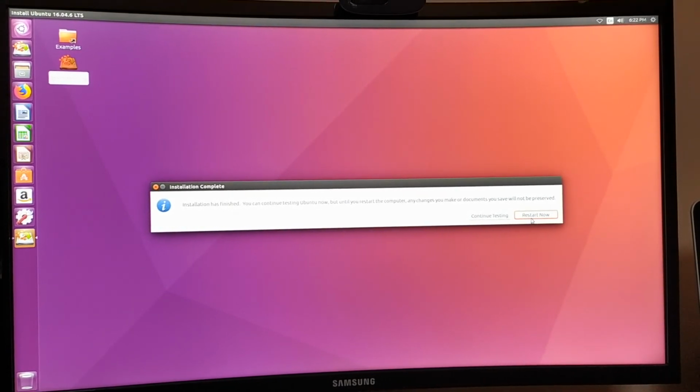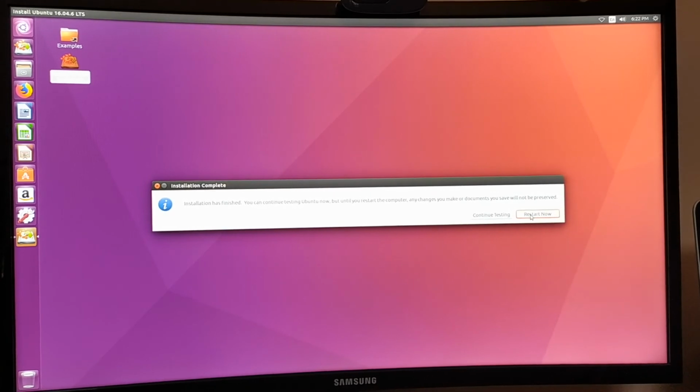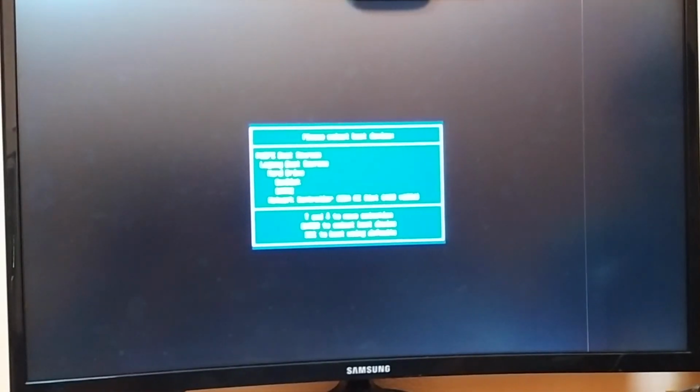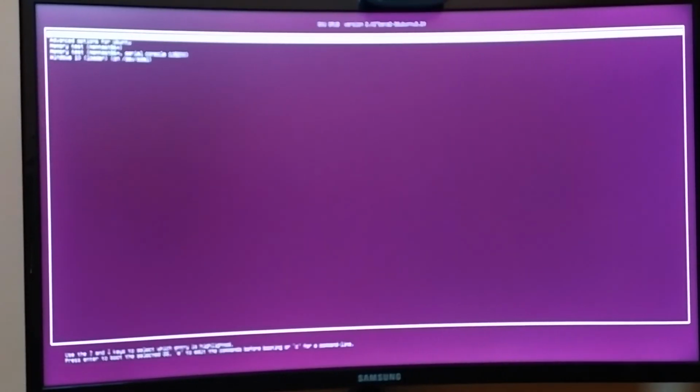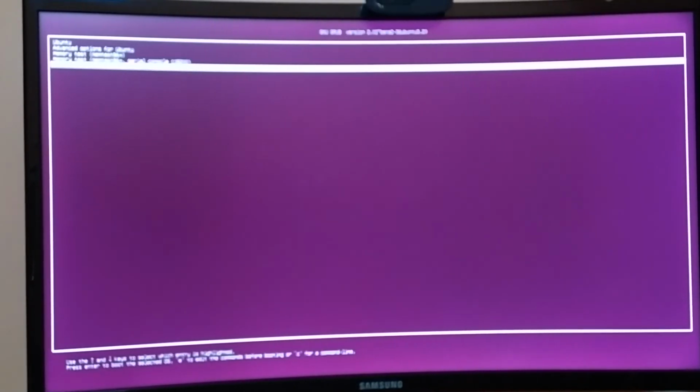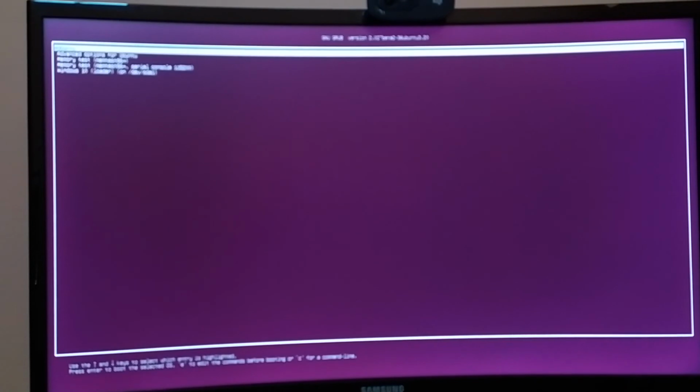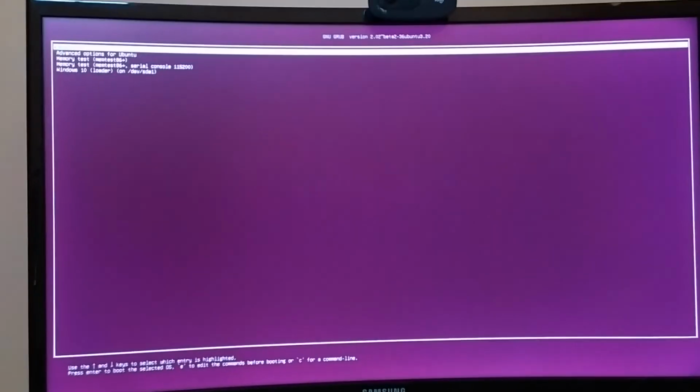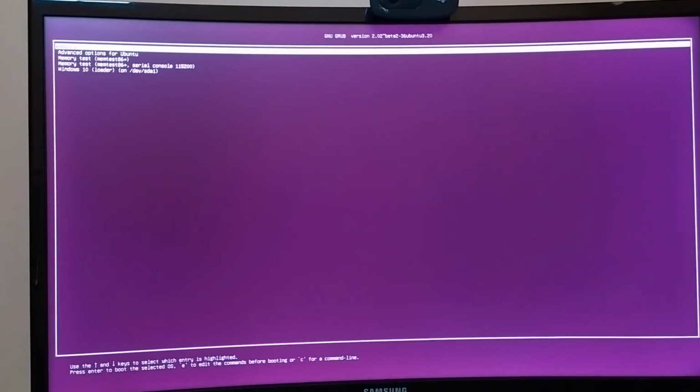So now we press restart now. Now we have to select our SATA 2, that's our hard drive, as a boot drive, and then we press enter. As we can see, we have the grub interface that has come up over here, but Ubuntu is the first option.